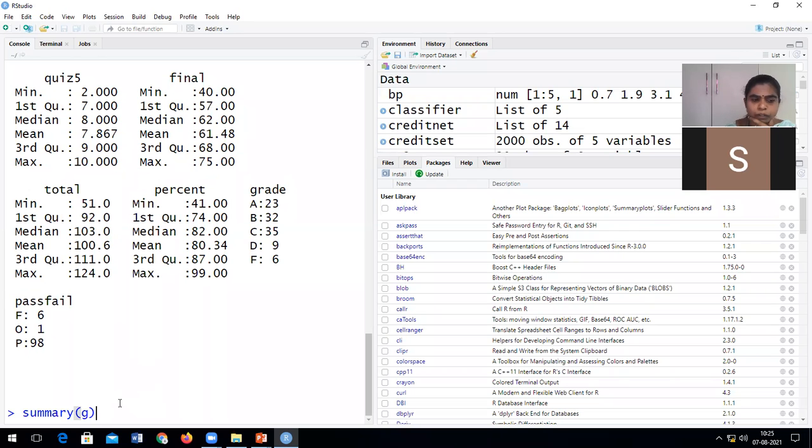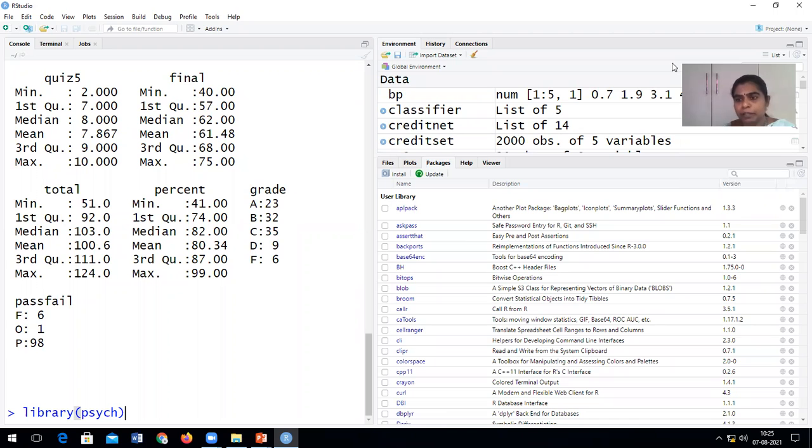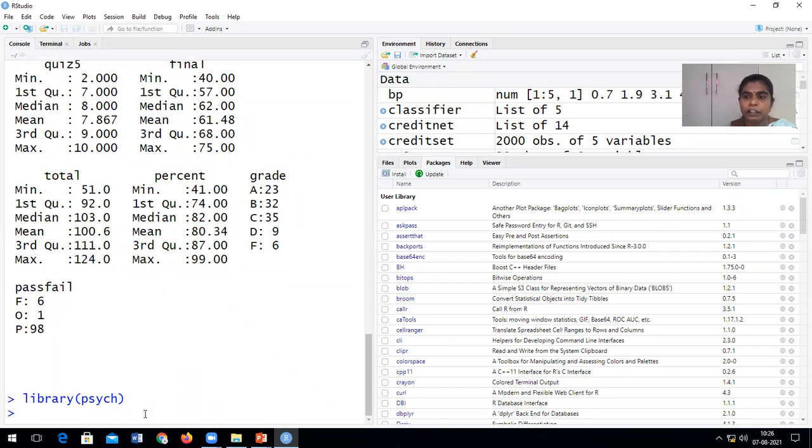Okay, so after that, what we did is we have installed this package called psych. And after installing, whenever you install a package, to use that package, you have to use the library function, right? So library of psych. When you are able to execute the statement without any error, then it is understood that the respective package is installed successfully. I could see here that I'm not getting any error, so my psych package is available.